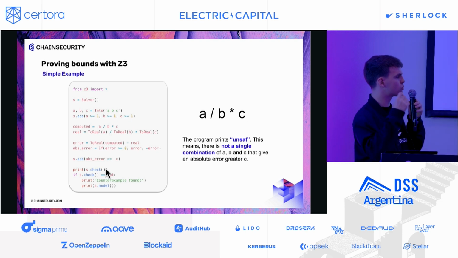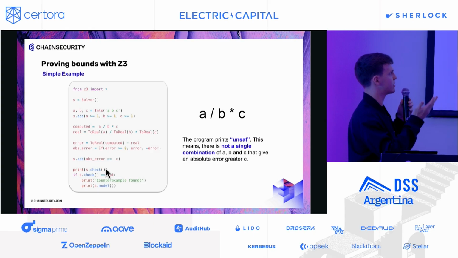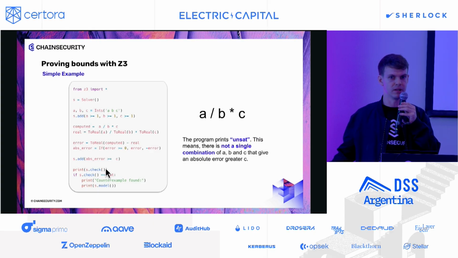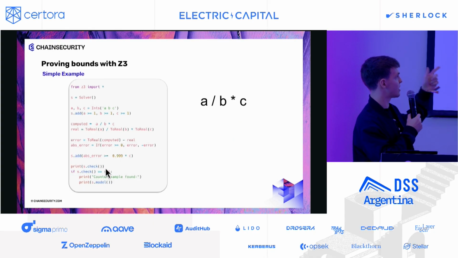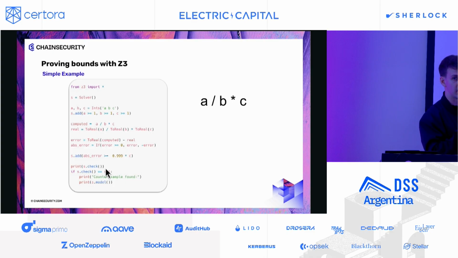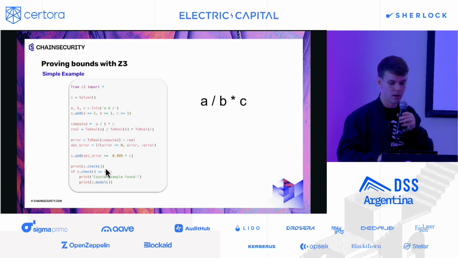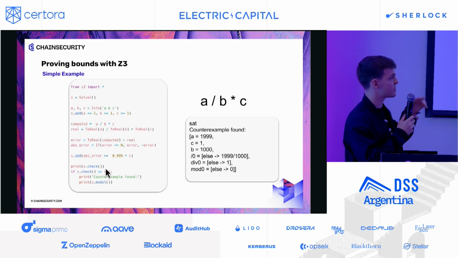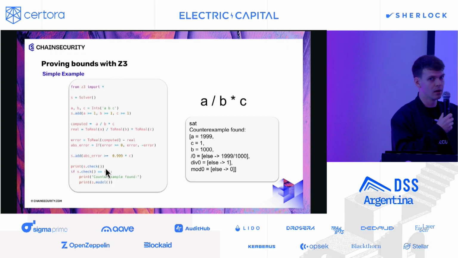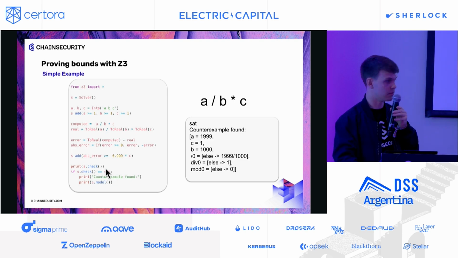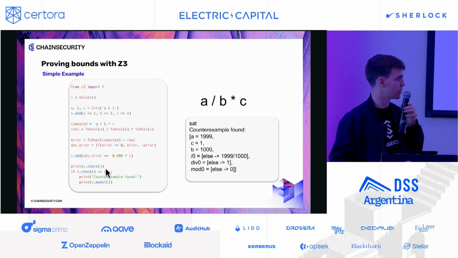And now, to be sure it works, because you don't see a counter example, you don't see anything, you just see unsat, can you really believe it? Maybe I made a mistake in the Python script, maybe there is something wrong. Well, maybe your intuition is that you can be at 0.999 of C. So you just do the same thing, but you replace C by 0.999 of C. And now, instead of saying unsat, it's actually going to say sat, and it's going to give you a counter example. So you can be at 0.999 of C with this A, B, C. So it makes it quite easy to check your formulas.